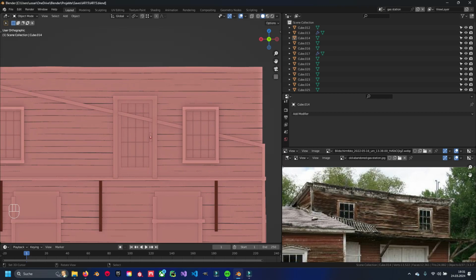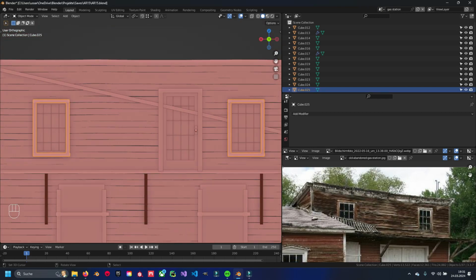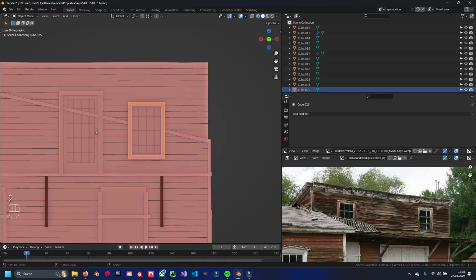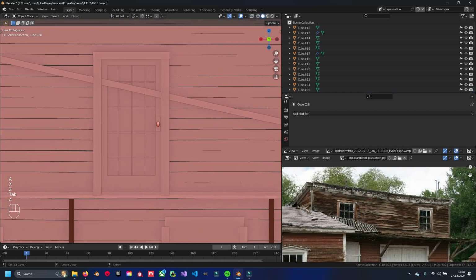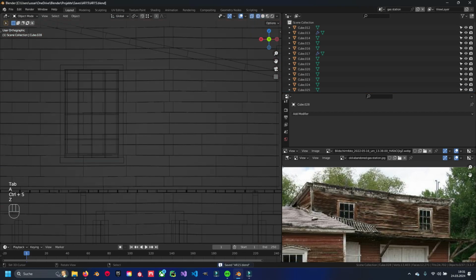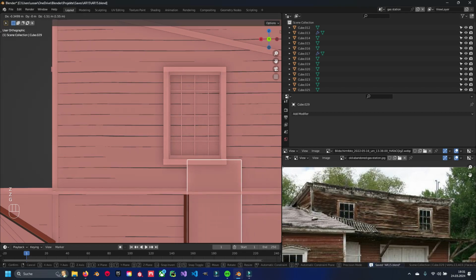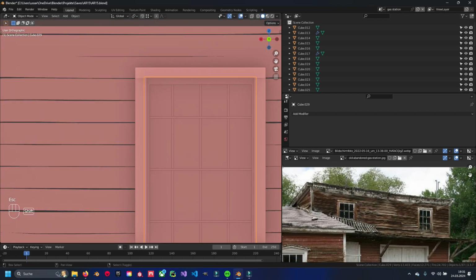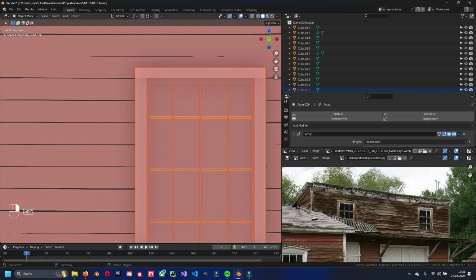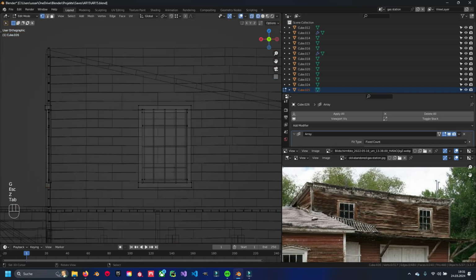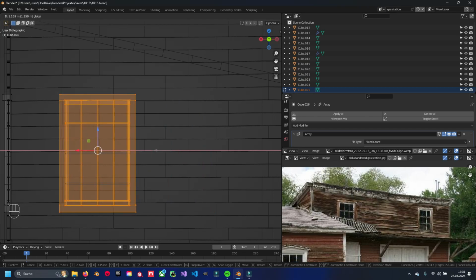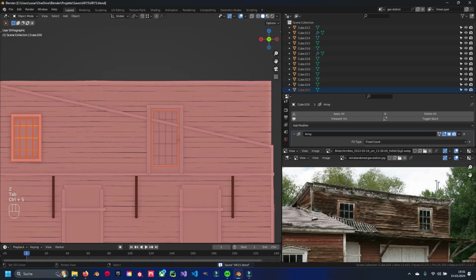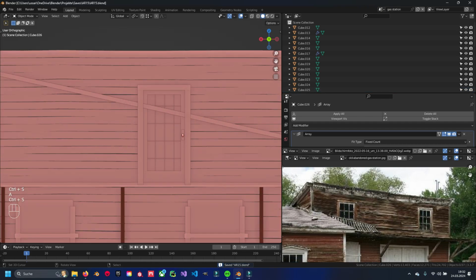In here we have just room for one window, so I'm going to delete the other one. So I'm going to select this stuff here, go into edit mode and delete it right away. And I think we just have to put this window here in another place. So take the whole thing, go into edit mode and put it maybe here. All right, now we can take our door,